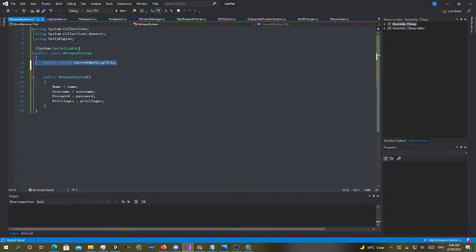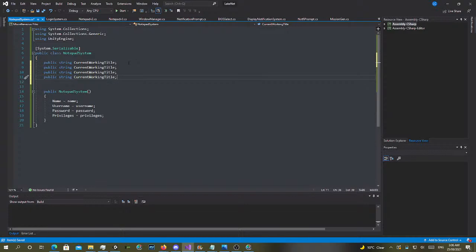So we need save location, type title, type text. Save location, type title, type text. And then we have